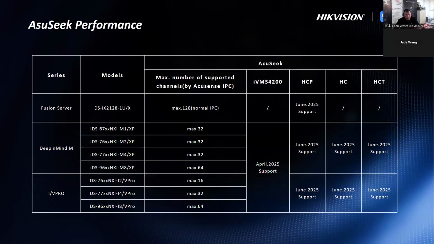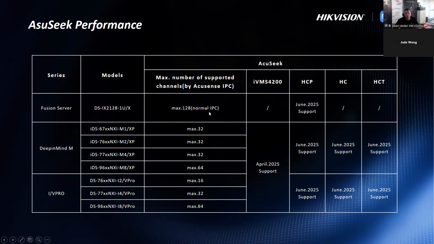But what about the recording side, right? So in the recording, starting off with the V Pro series itself, so letting you know the max amount of channels, obviously, so they are available as well. Well, some we support, and then some are being released, and then we'll get into that part just now. And then also the Deep in Mind, the M series itself. So not the BMW, not that M, the other M, but M1, M2, M4, M8. So that didn't help me much, did it? But anyway, and then the Fusion server as well,